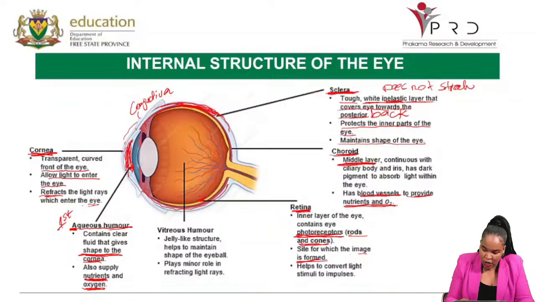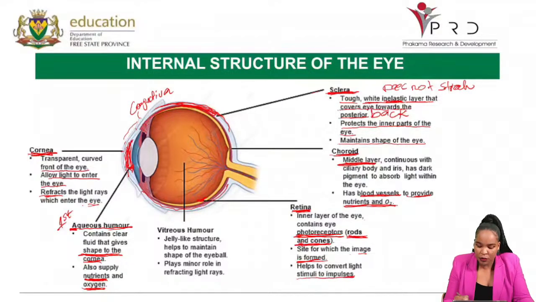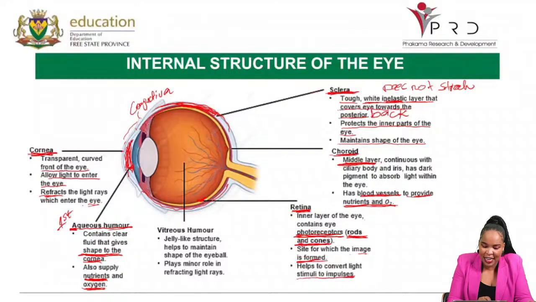Because it has rods. If they ask you why, you will say because it has photoreceptors. What are the photoreceptors? The rods and the cones. So it is a site for an image, and it also helps to convert the light stimuli to impulses. So because it has those photoreceptors, they enable that light or the stimulus that entered through the eye